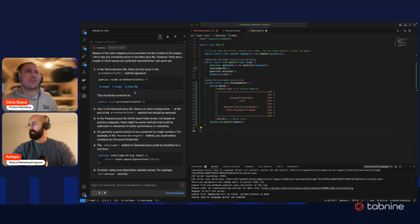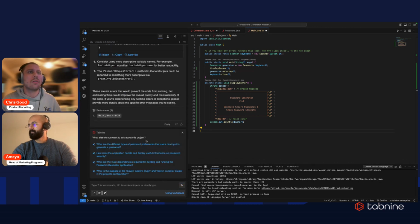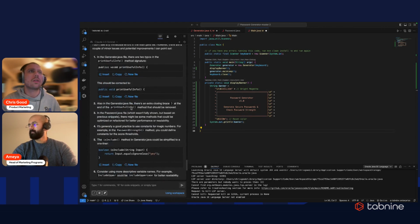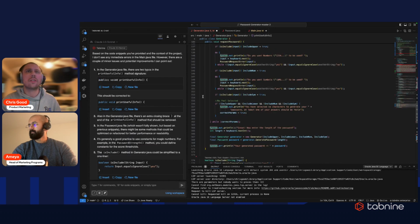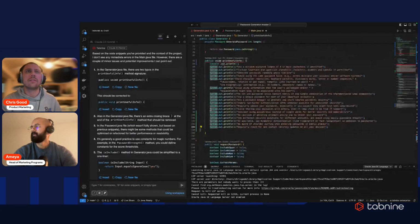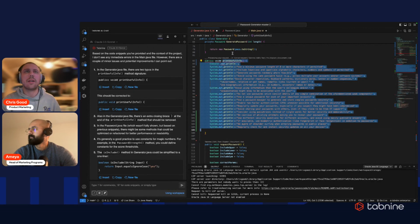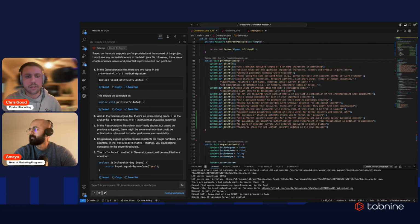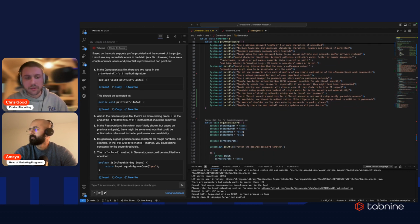Okay. There's 2 typos. And that's going to be, where do they say they were? The Generator.java. Sweet. So we can go over here and then we can just fix this with Tabnine, right? Using the code lens up top. It'll process this request and generate us a change. Perfect. All good to go there. So now that we've fixed any outstanding errors we've had in this application or in this specific file,